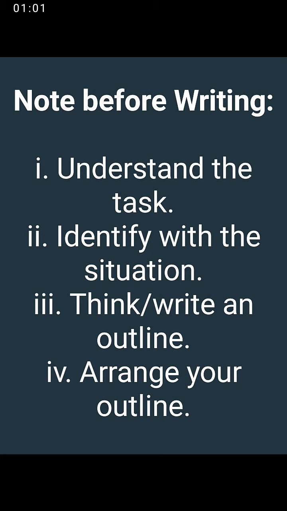As we all know, it's one of the forms of continuous writing that constantly surfaces in the SSC English questions every year, be it WAEC or NECO, both internal and external. So I urge you to take this seriously as it will help us in the forthcoming exams. All right.